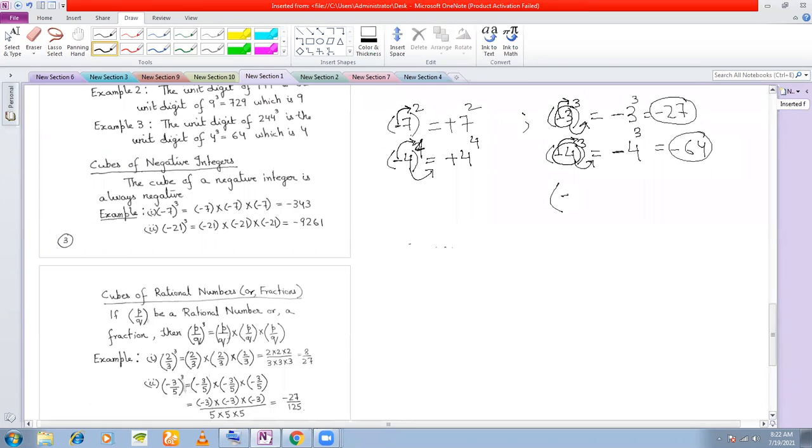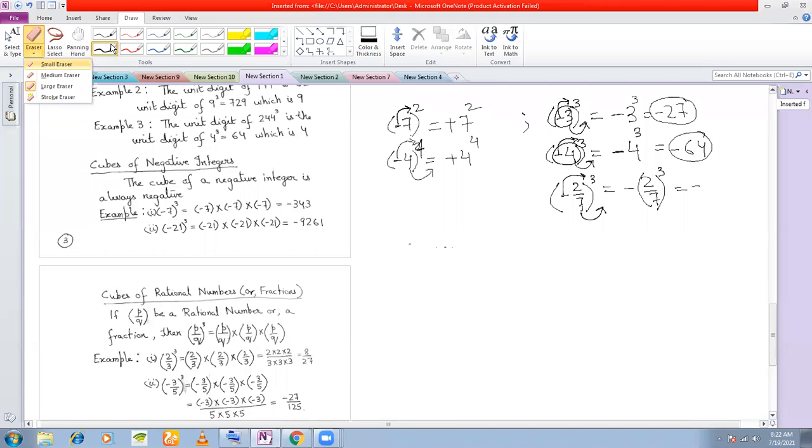Let's take a fraction: (-2/7) cube. In this case, what will happen? Negative sign raised to an odd power, so you can retain the negative sign and take the 2 by 7 out of the bracket. (2/7) cube. Clear with this? No, sir. What is not clear? Sir, the 4 to the power of 4. Which one? Sir, minus 4 to the power of 4. Minus 4 to the power 4.